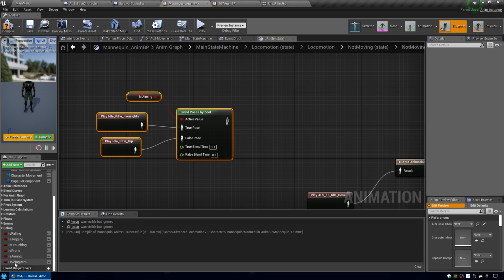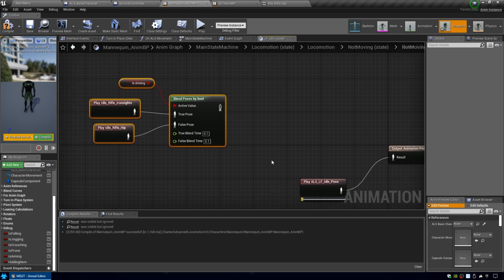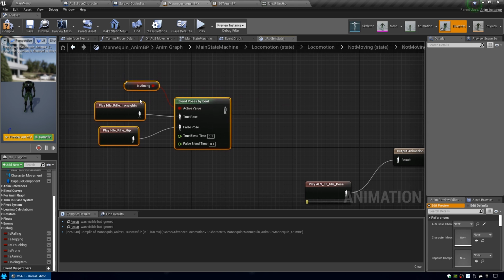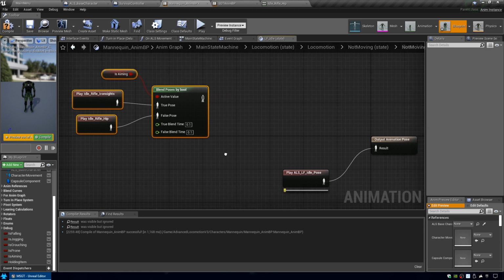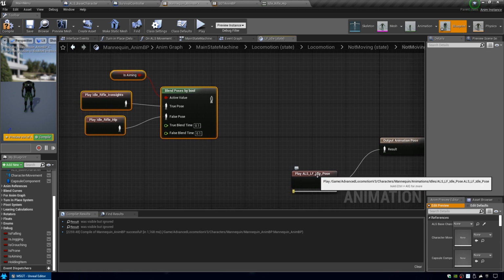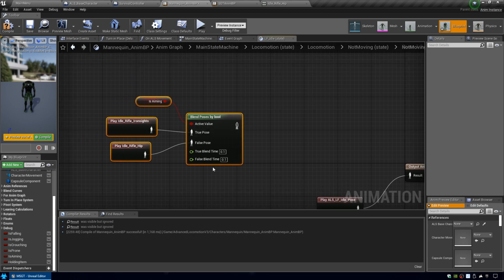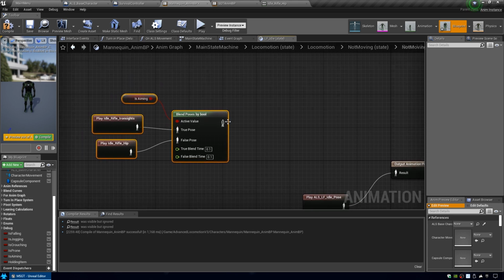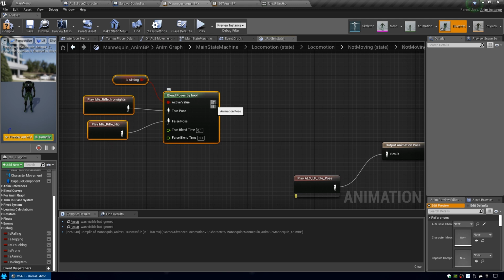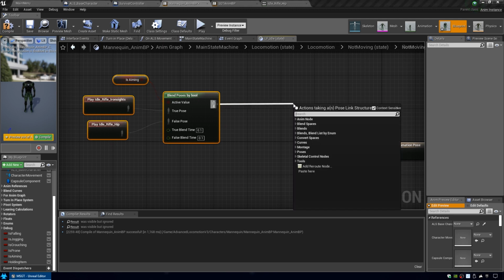But we also have that holding item. So we'll use that holding item. But first, what we need to do is do a blend per bone on this, because we don't want to be using the lower body animations from these. We want to continue using the lower body animations from the ALS system so that it is smooth and we don't have to worry about some odd leg movement or something that's not quite right or missing from the survival game template code. So drag off of the right side of that blend poses by bool and search for blend,